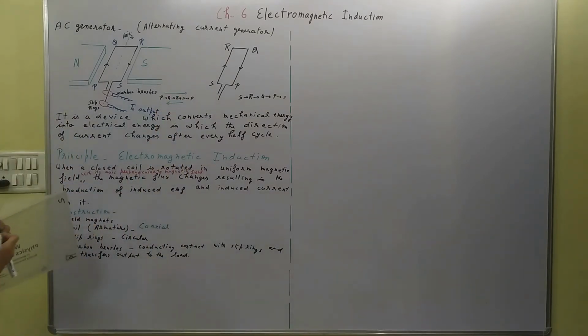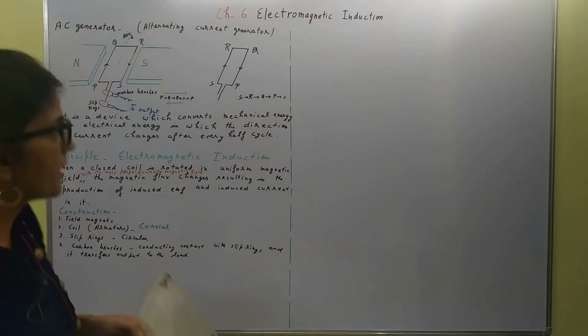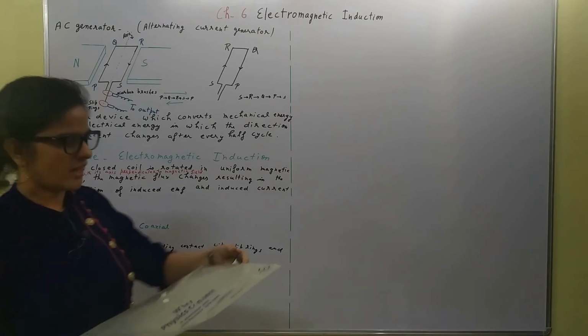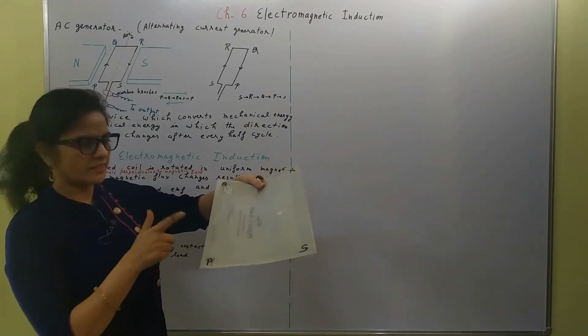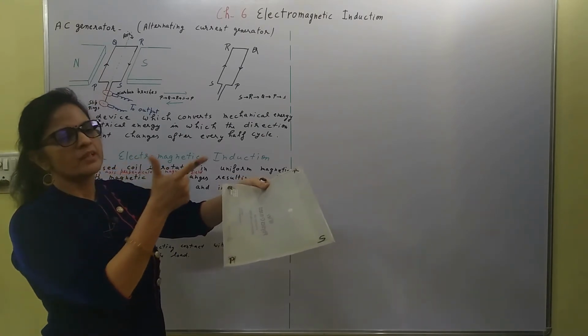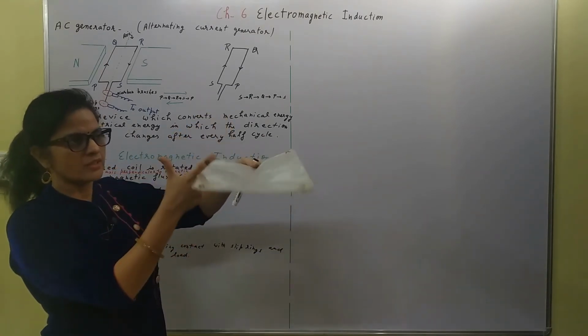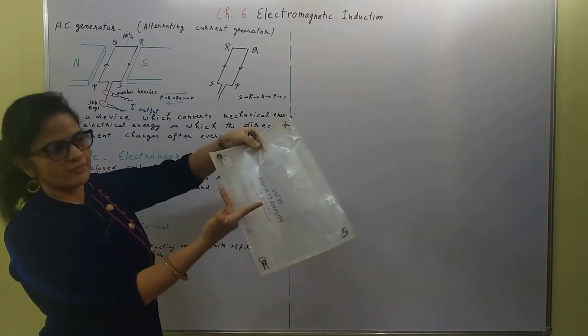So the direction of the current is reversed due to the presence of the slip rings. Again, I hope you understood that. Let me recap it. This is PQRS. If the direction of the magnetic field is like this, the direction of the motion is like this. So this is the direction of motion. The current will be given by the central finger.